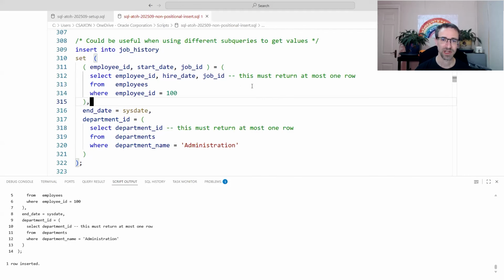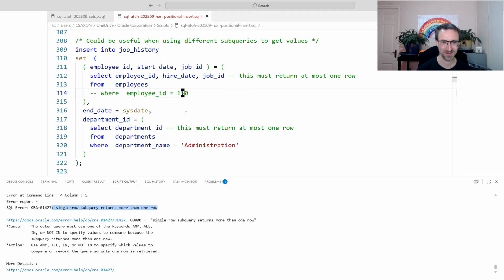Okay, so notice, as I say, this must return one row. These must be scalar subqueries. If I just comment that out, you know, the single row subquery must return one row. Okay, so it's useful just logically grouping columns, but very useful if you've got independent queries that you want to